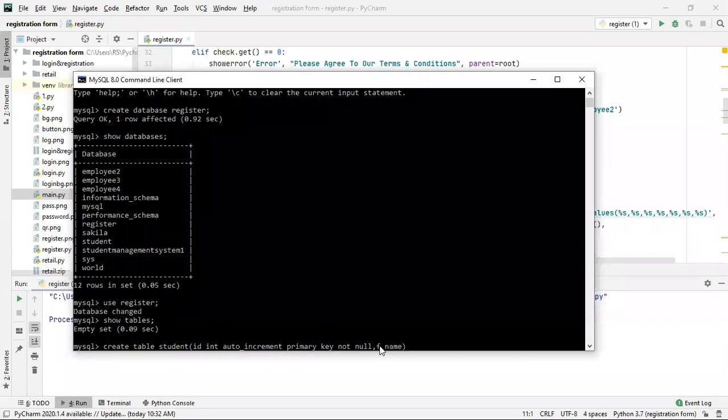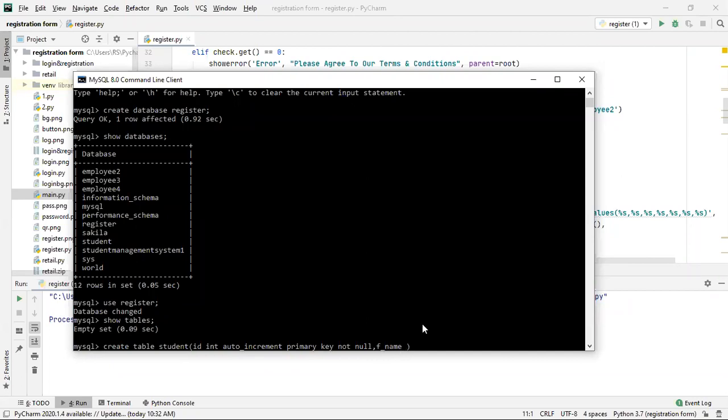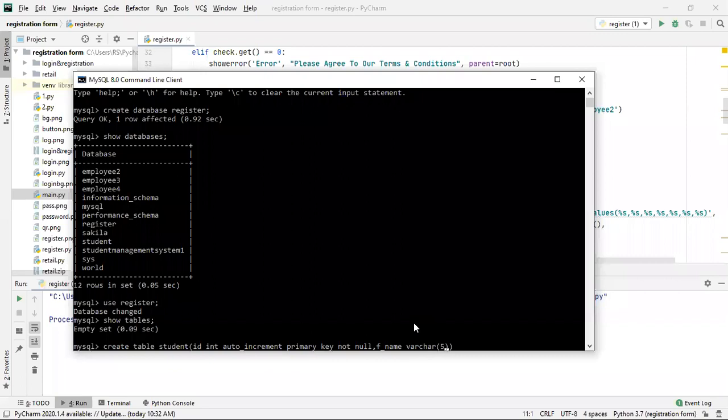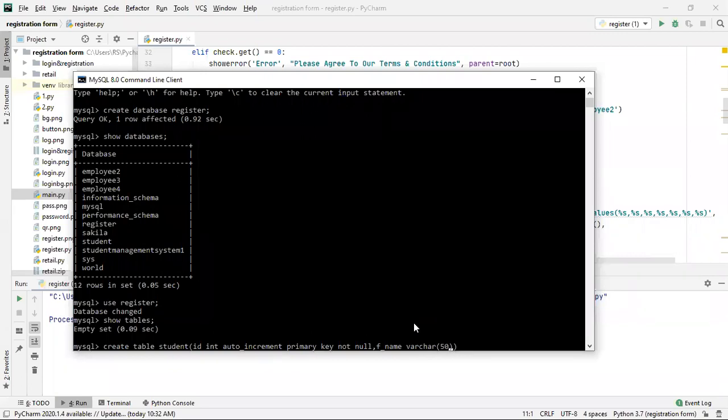And then after that we have to use a variable here. This is of varchar. Then we need to mention the size, so I'll go with 50. So f name will be of 50 characters. This varchar means that this many characters can be given to this f name column.